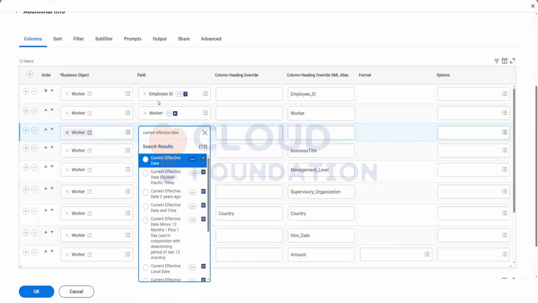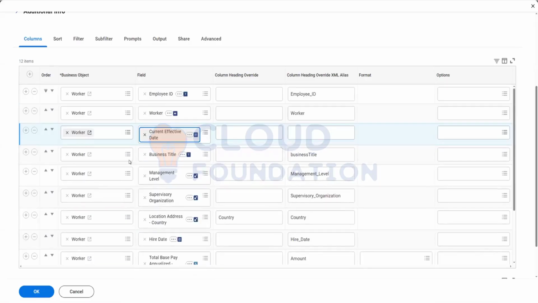But when you are going with the worker object, you have the current effective date business object. So that is a kind of constant date, which will be today's date. But if you wanted to have